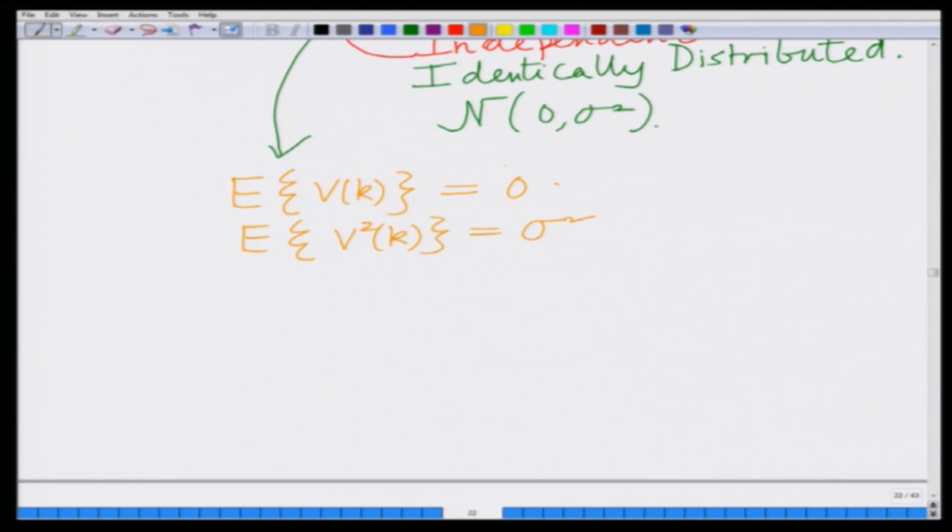Further, since the different noise samples are independent, the expected value of Vk times Vk tilde